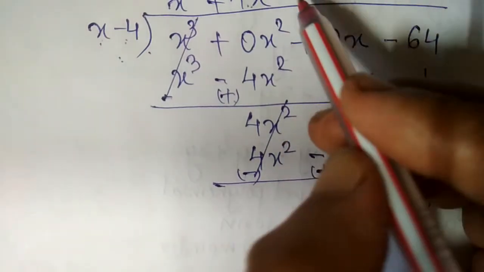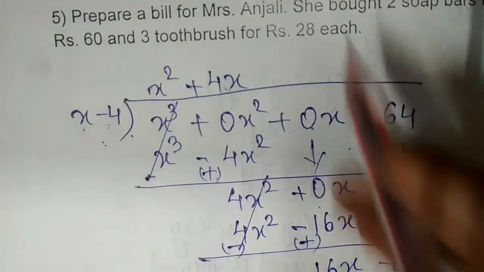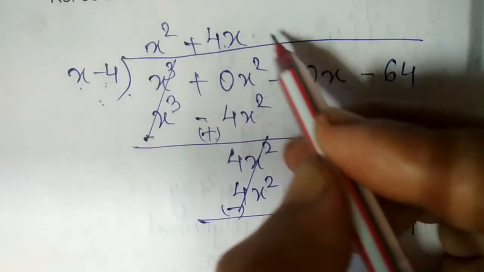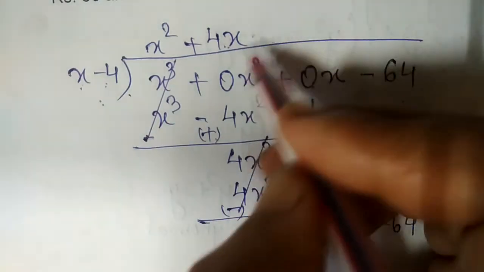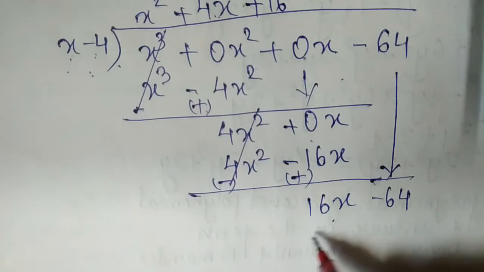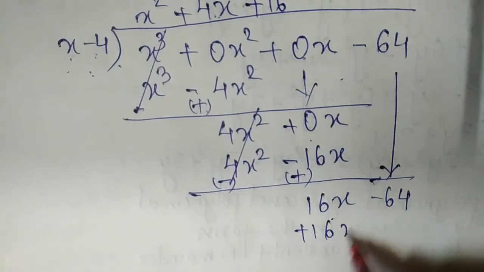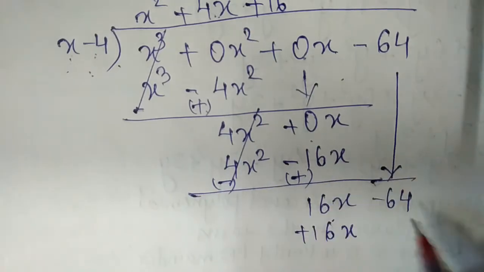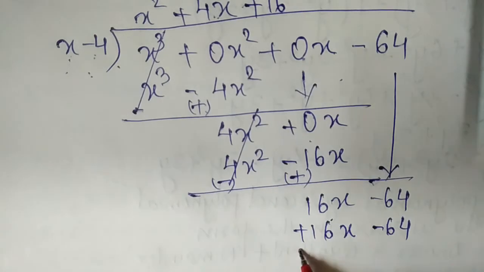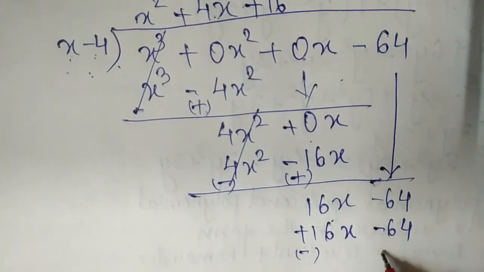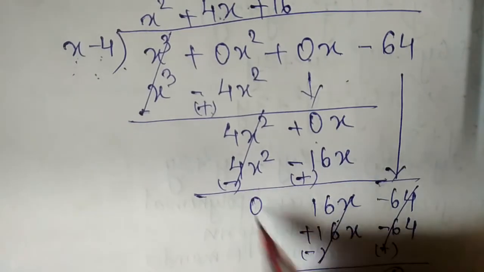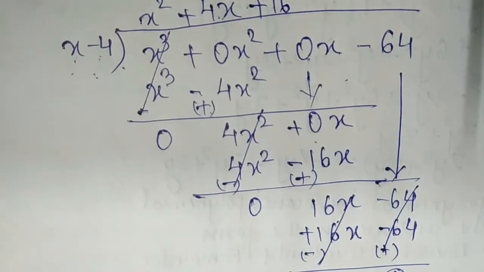So now the next step will be over here, that is minus, here we want 16x, that means plus 16 we will multiply it with x. So what we will get? Plus 16x. Then 16 multiply 4, what we will get? 64. So minus 64. So there will be no remainder over here. This is minus and this is plus, so both will be cancelled. 0, 0 here. Similar way here also we will write the 0.